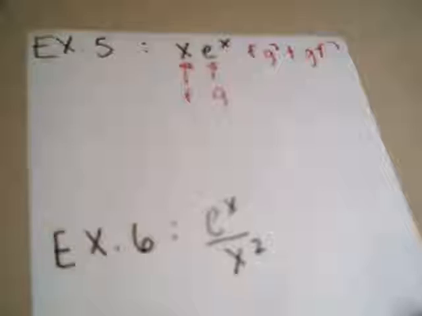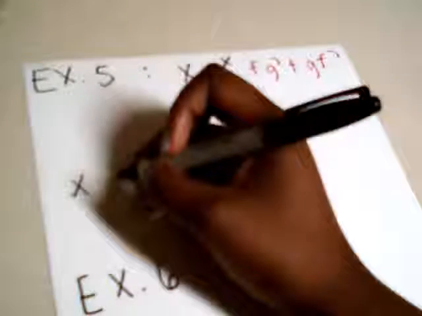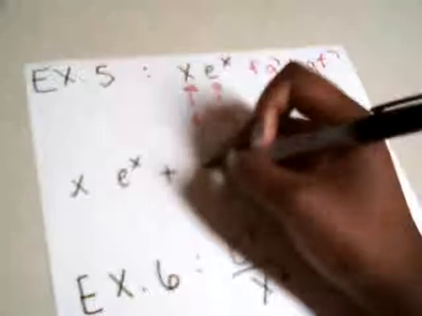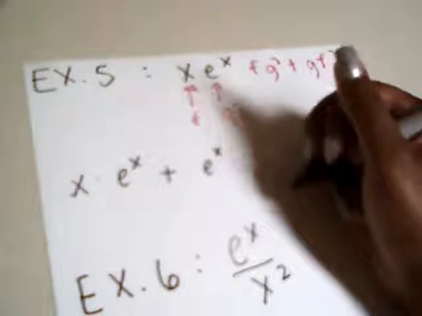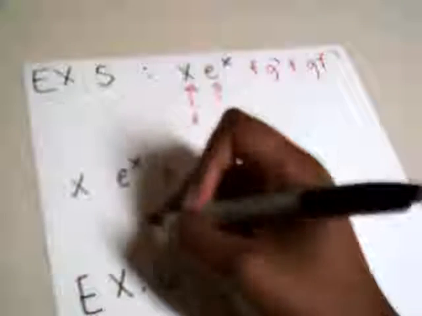We'll fill in for the function. In case you didn't know, the derivative of e to the x is just e to the x. And the derivative of x is 1. So our derivative simplifies to